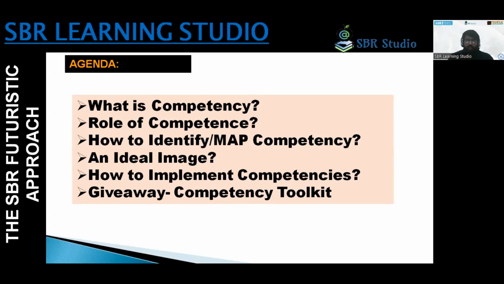There are 2 or 3 important things which I am driving you through in this whole 1 hour of the session. Competency, you are well aware of all this. When identifying competency, there is one important role, which comes through the skill, knowledge, and ability of the individual. But here I am sharing that beyond knowledge, skill, and ability, which everyone has, how the strategic human resource leader can identify the competence level in the individual employee,